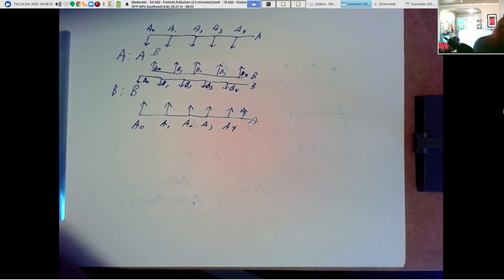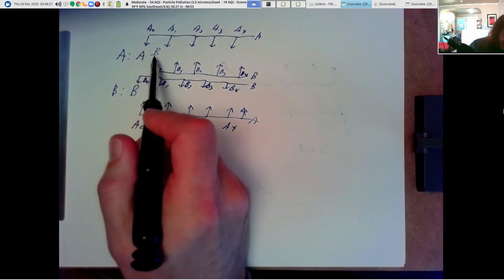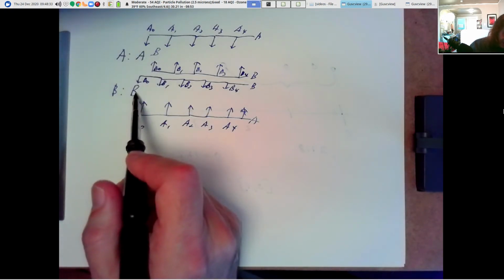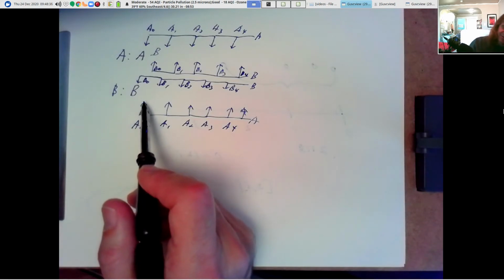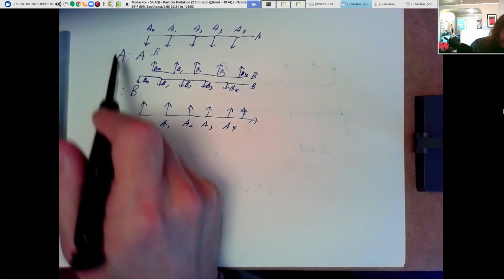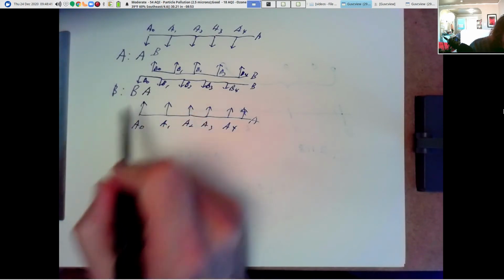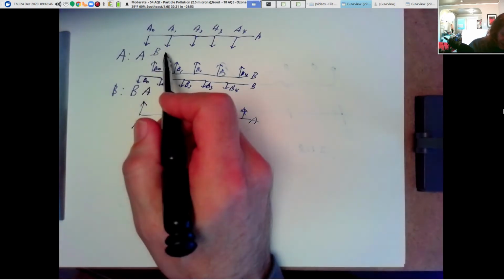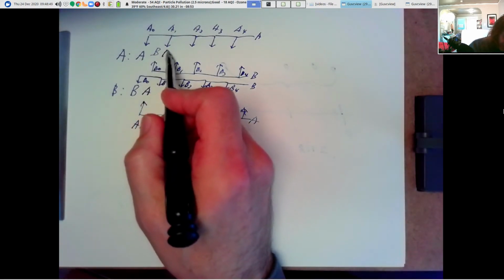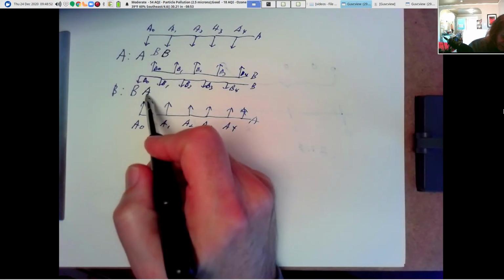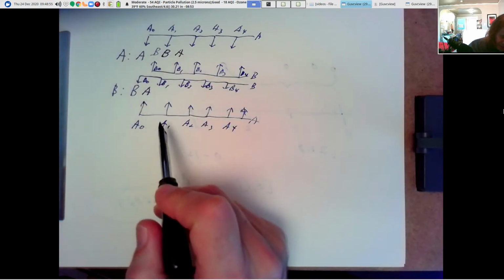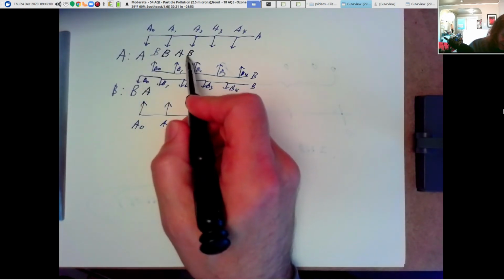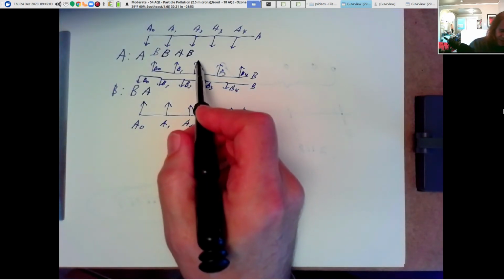Okay, we now have enough information to fill in this next character for the A string, which should be B0, the first character of B, that's the letter B. And now we can fill in the second character for the B string, that should be A0, the first character of the A string, that's the letter A. And now we're off and running. So next we should store the second character of A, which is of course a B, and then the second character of B, which is an A. And then we should store the third character, A2 of A, while A is ABB, so this should be a B. And then we should store the third character of B right here.